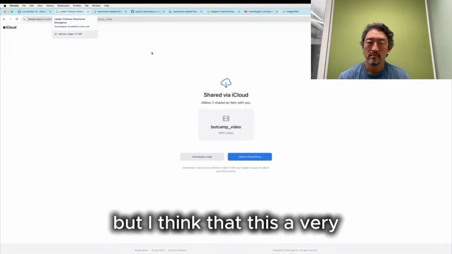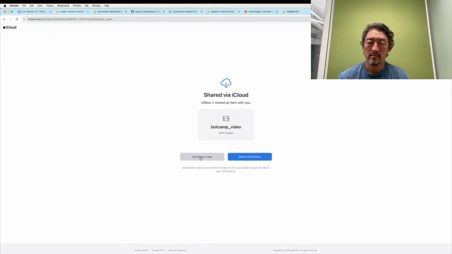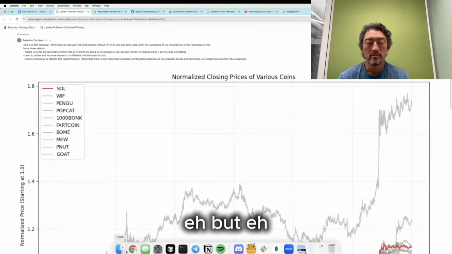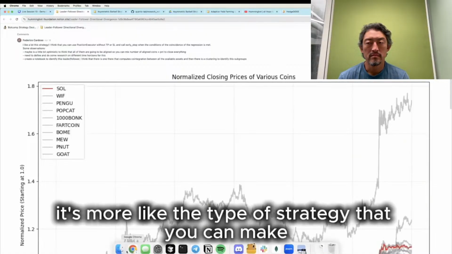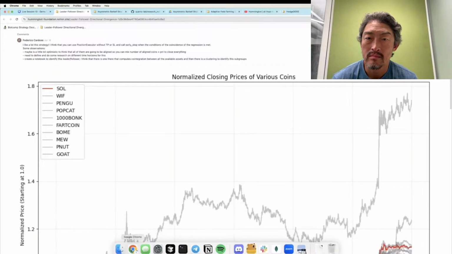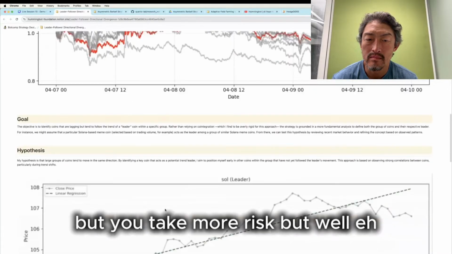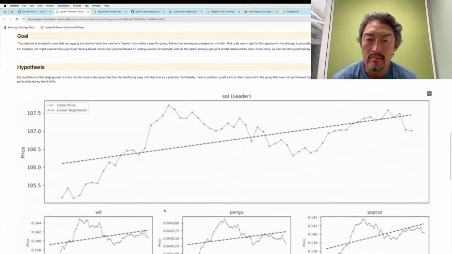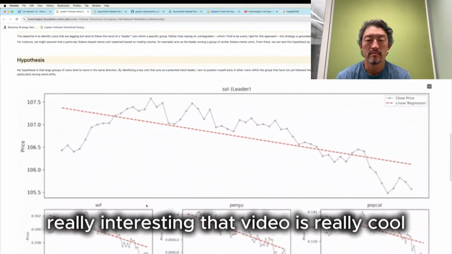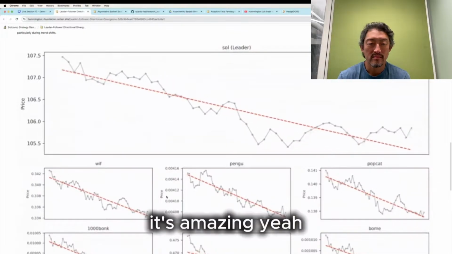But I think that this strategy has a lot of potential. It's more risky than StatArb, but it's the type of strategy that you can probably make good returns with, but you take more risk. I think that can be really, really interesting. And that video is really cool. That video is amazing.